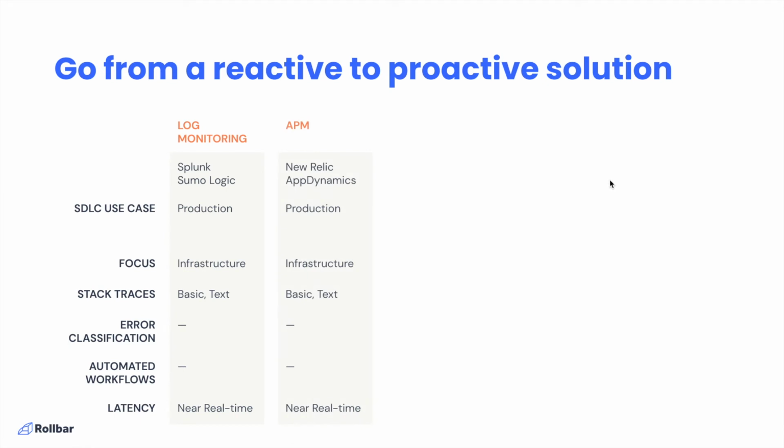Same thing with APM tools. We have a lot of customers that come to us and say, well, gosh, we already use AppDynamics or New Relic. How do those differ from a tool like Rollbar? As you can see here, they're really used mainly in production, and again, the stack trace information that they're analyzing is pretty basic. Also, with any type of observability tool, it's the same thing. It's mainly used in production only and for infrastructure, and really has very basic stack trace analysis, no